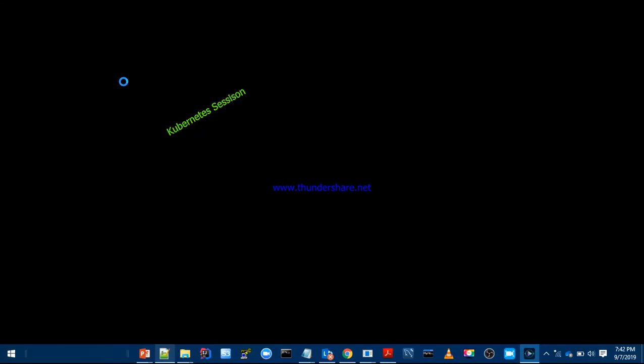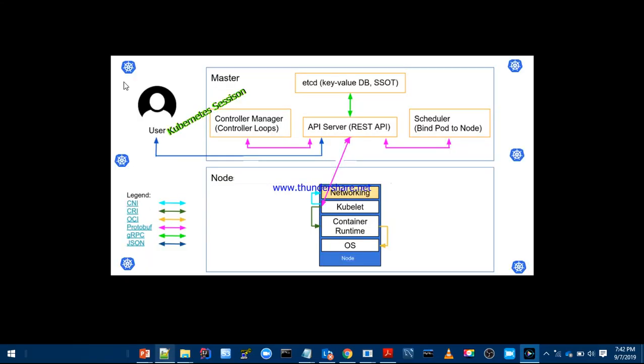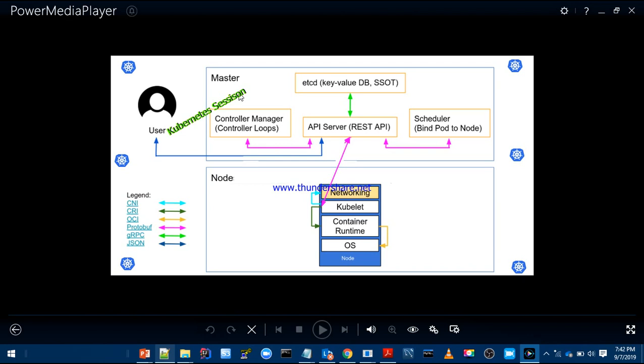Sorry guys. Yes. So this is, guys, please have a look on this. This is a master and this is a node. This is a single master node setup. Components, I will explain you each and everything. So by using Kubernetes, we can configure single master and single node setup,